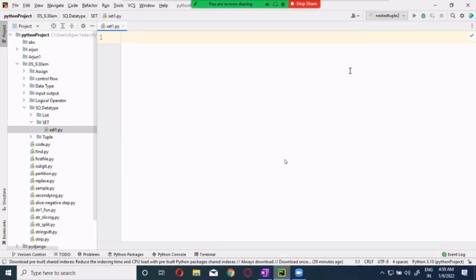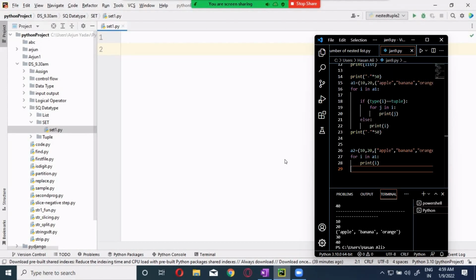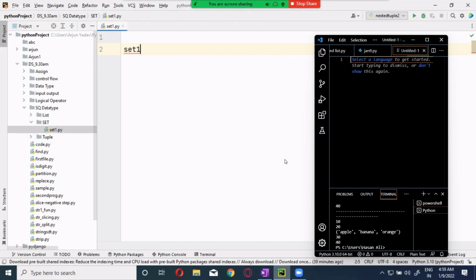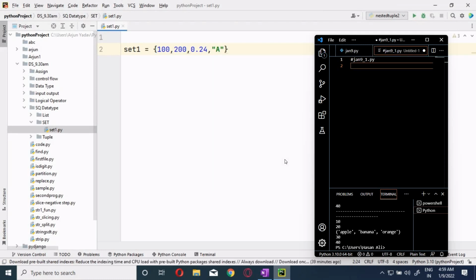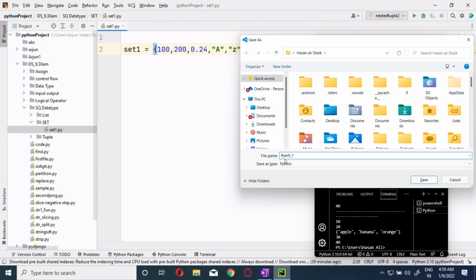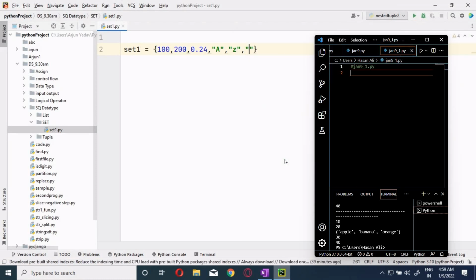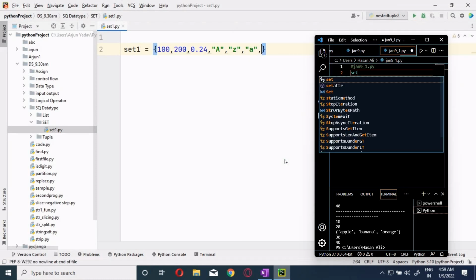Set 1. Now let me create a normal set. Set 1 is equal to 100, 200 and 0.24, Apple, capital A, small z and small a, and I will give it India.